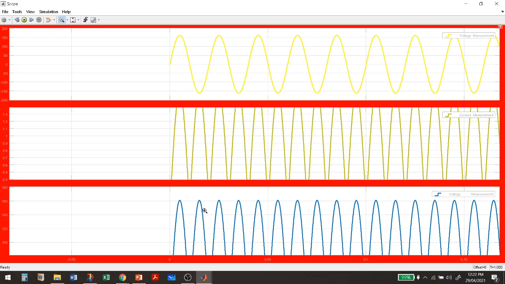Many times in a rectifier circuit output, you add a resistor across your load so that your output waveforms will be filtered out. So you will not get such a curve.